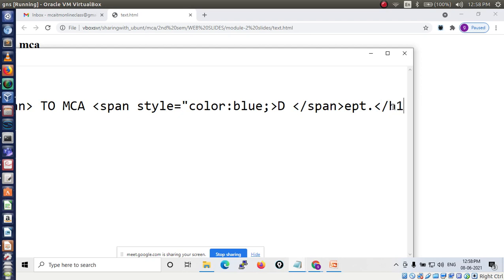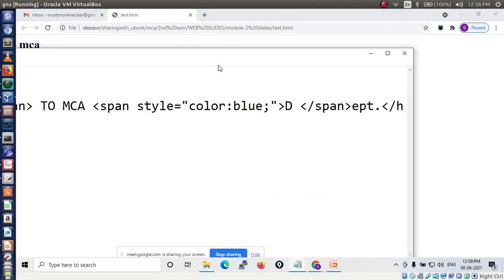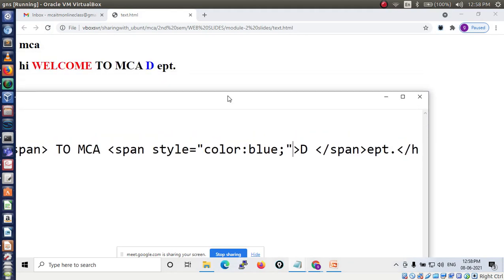Here I didn't give the double quotes. See, color, then here I have to give double quotes. Now see, the color is changed. Yes.